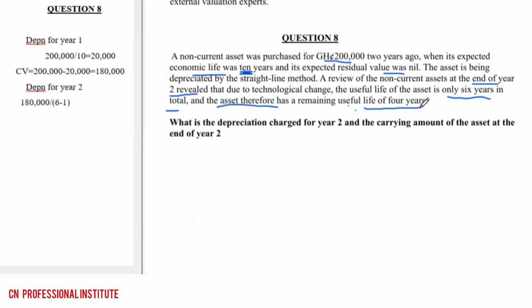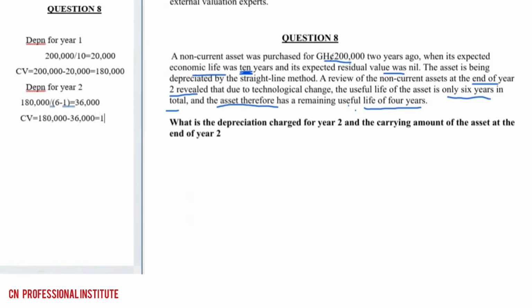That's 6 minus 1, and that will give us depreciation of 36,000. Hope I'm right. 36,000 for year two. So the current value will now be the 180,000 minus the 36,000,